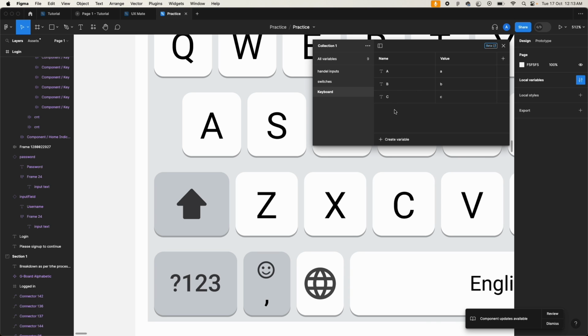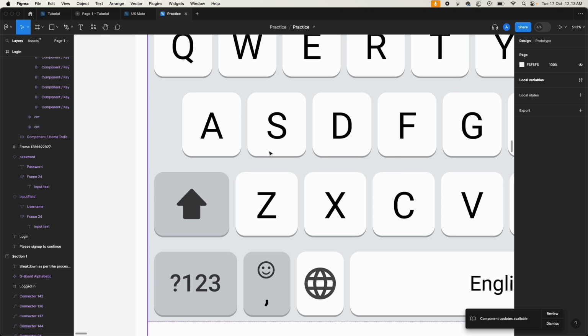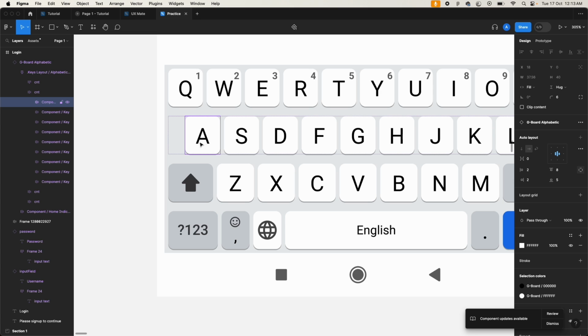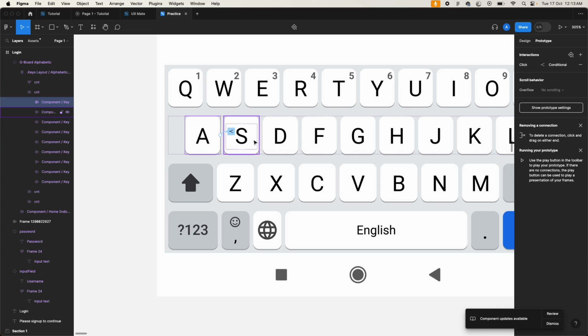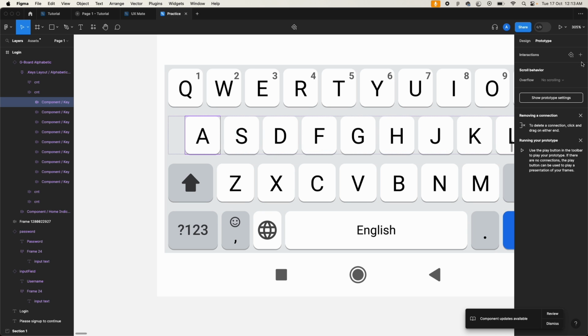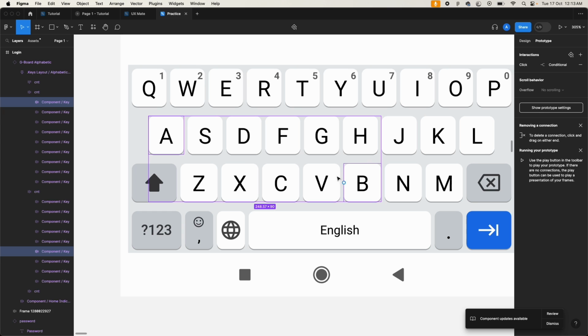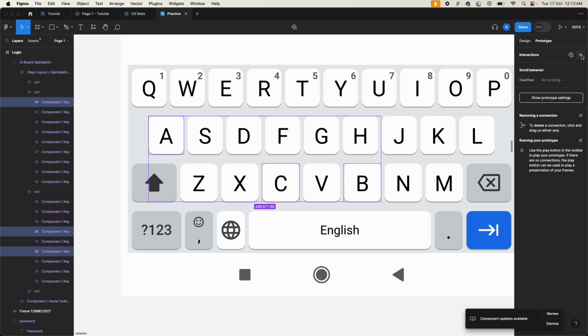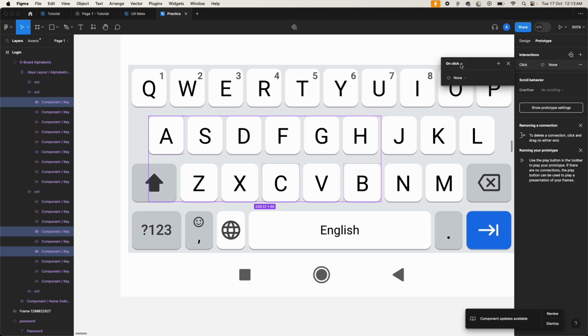So we have created the basic variables for the keyboard. We can create more variables from A to Z, but we don't want to go that lengthy, so we are just creating it for 3 buttons, A, B, C. Now let me close this, go to the A, go to the prototype, and in the condition, if username is equal to true, what I'll do, I'll just remove this, and I'll select B and C together, and I'll add the interaction in a single go. So let me create an interaction on click,